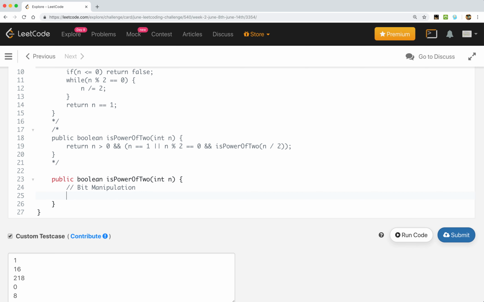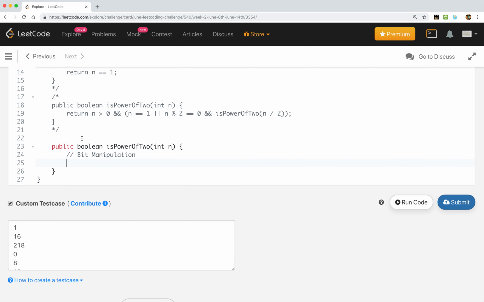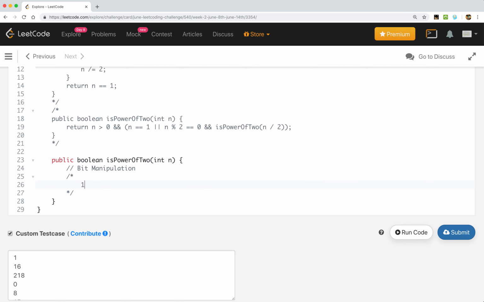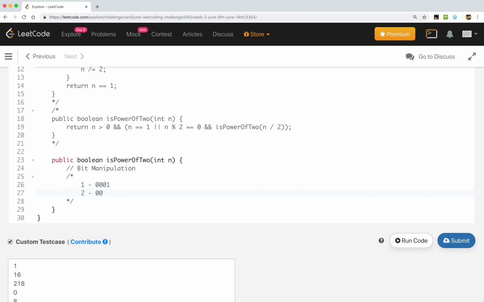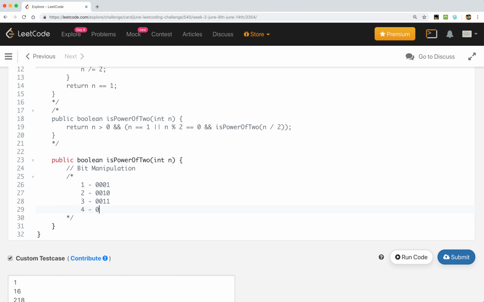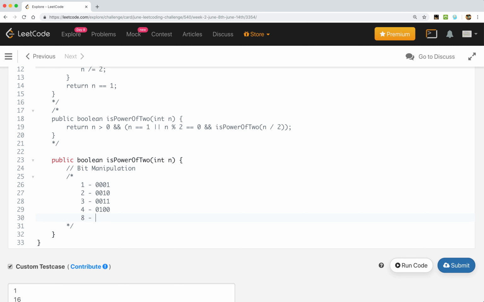If I write down the numbers in binary representation, using a 4-bit representation: 1 is 0 0 0 1, 2 is 0 0 1 0, 3 is 0 0 1 1, 4 is 0 1 0 0, and let's take another bigger number, 8, which is 1 0 0 0.